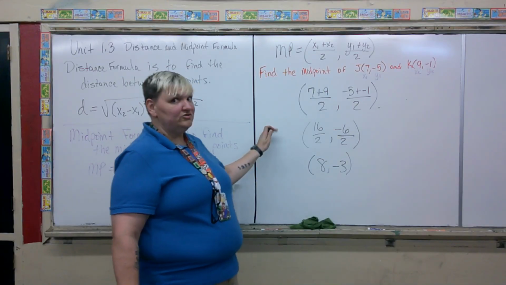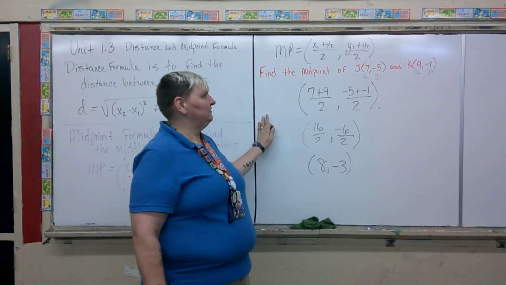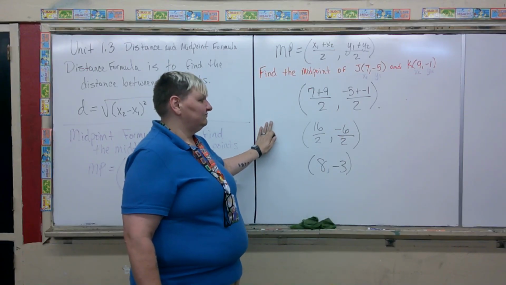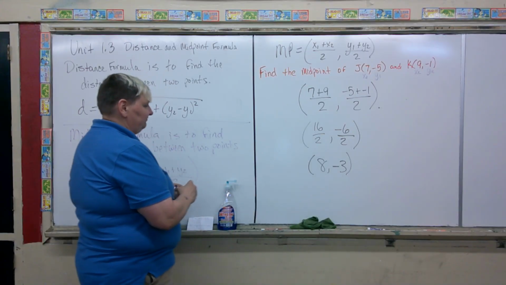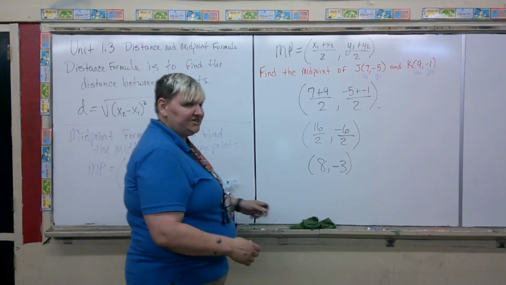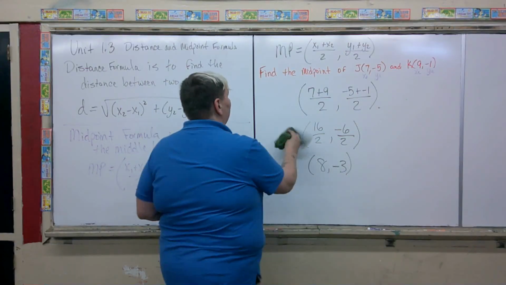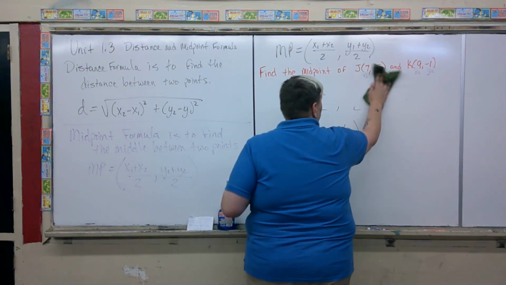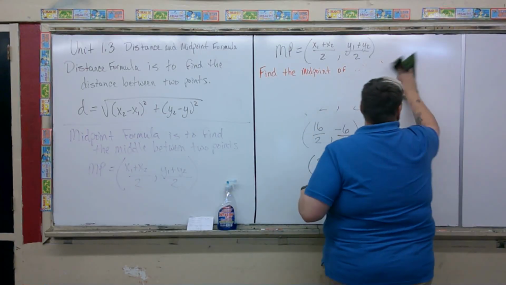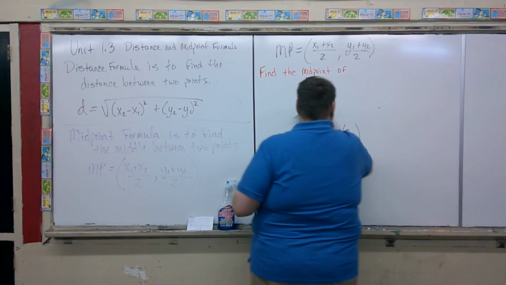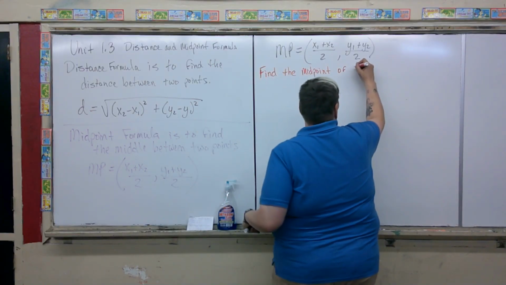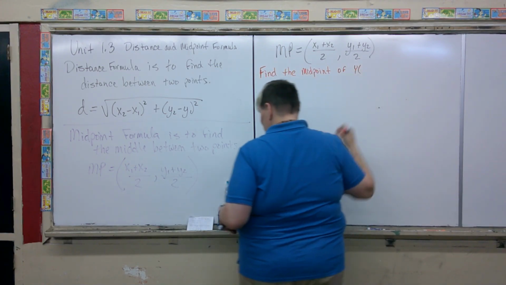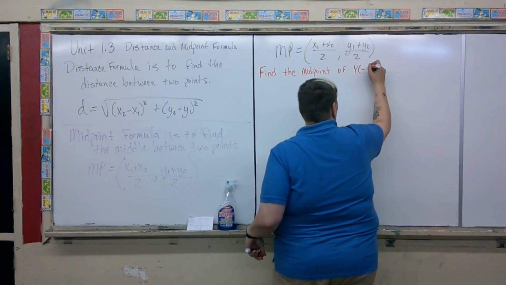I know. I told you this one was going to seem so much easier. After a little practice, they're both that easy. Alright, go on, watch it again. We'll do one more. Find the midpoint of, let's say, Y and Z. Y is negative 7, 4,